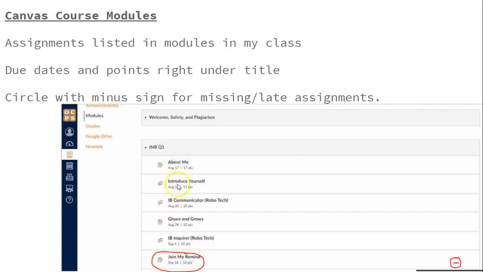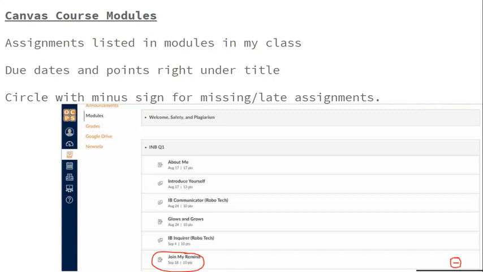This is handy not only because the assignments will come in order for the students. This is the oldest one in this module, and this is the newest assignment in this module, and every assignment will automatically list its due date and the amount of points it was worth. If there is no due date or points, then that is not an assignment. It is probably a page or source of information that was used in an assignment or is available there for